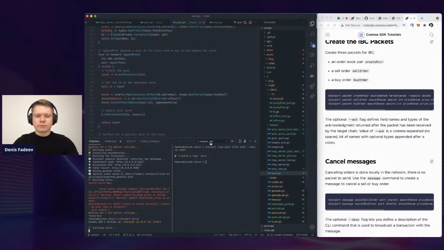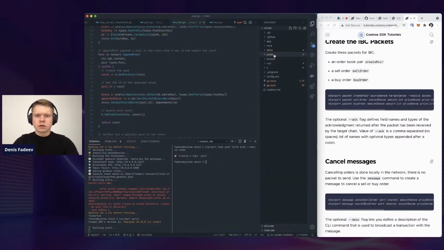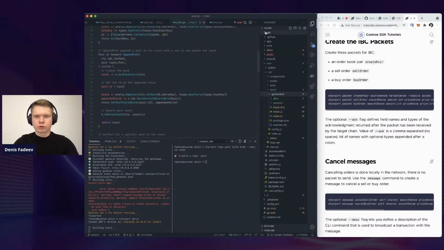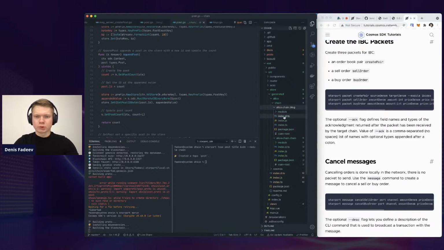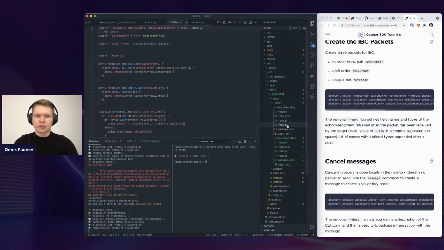What's interesting is that, of course, all these features are incredibly useful for blockchain developers, right? When you are building a chain, you don't want to write it by hand, but also we generate the client code for the blockchain that you're creating. So as you can see, we wrote some code, right? And Starport automatically scaffolded clients for the code we wrote, right? So we have two modules, blog and chain, and for both, Starport created